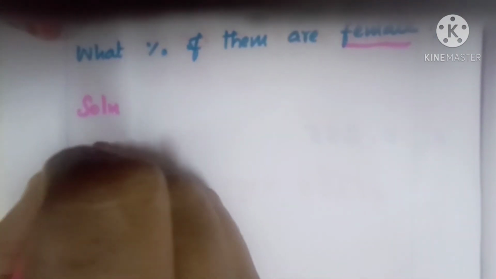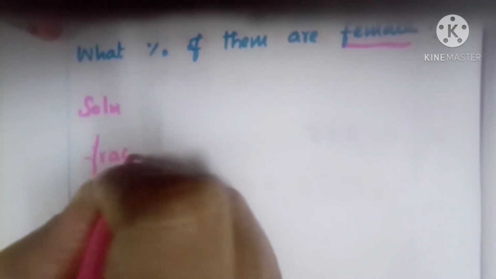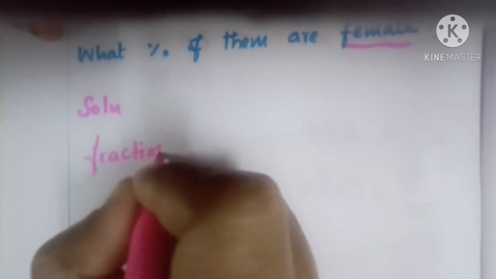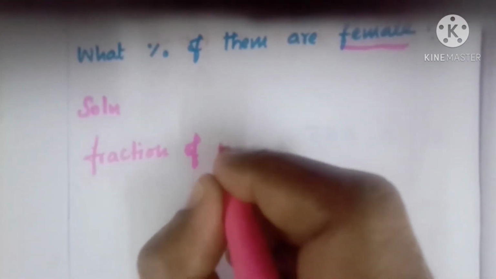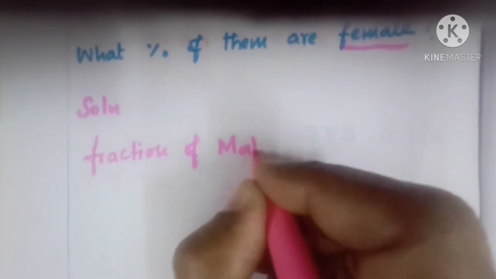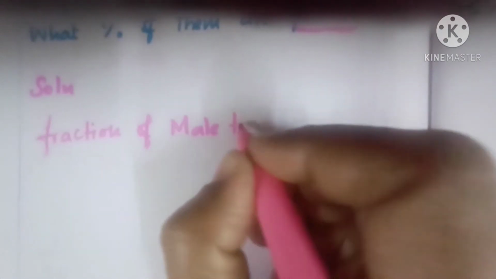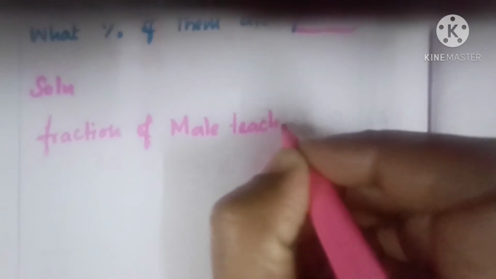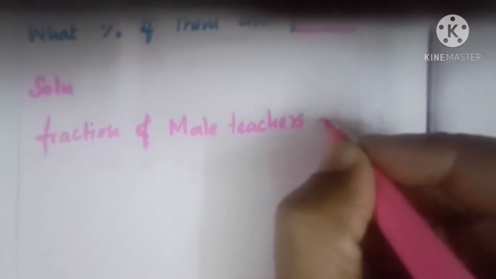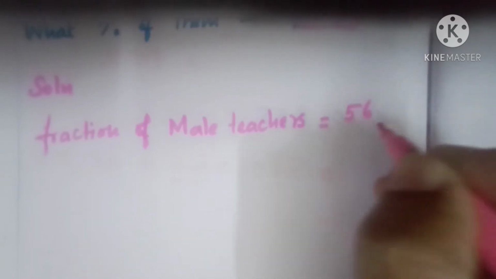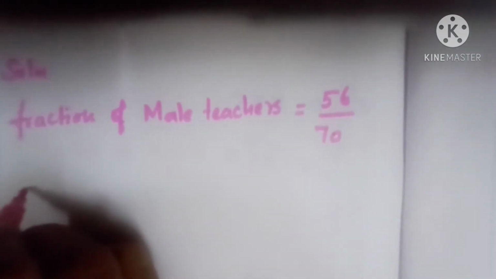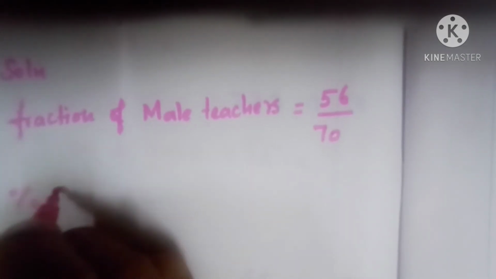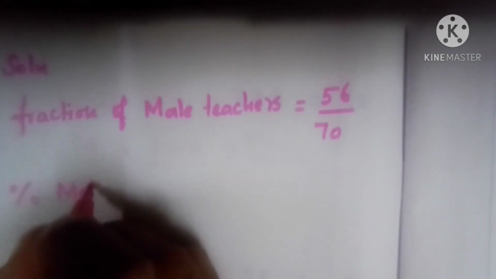First, the fraction of male teachers is equal to 56 out of 70. So, percentage of male teachers is equal to